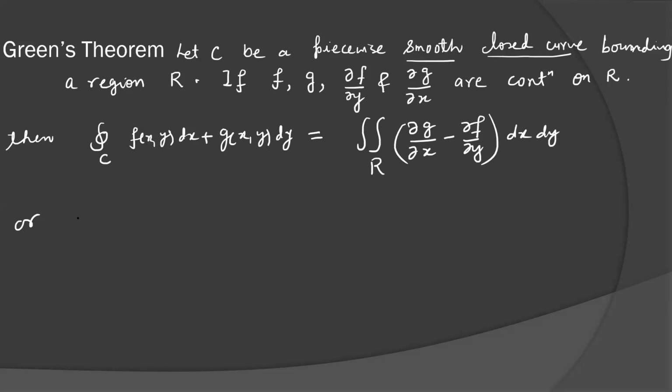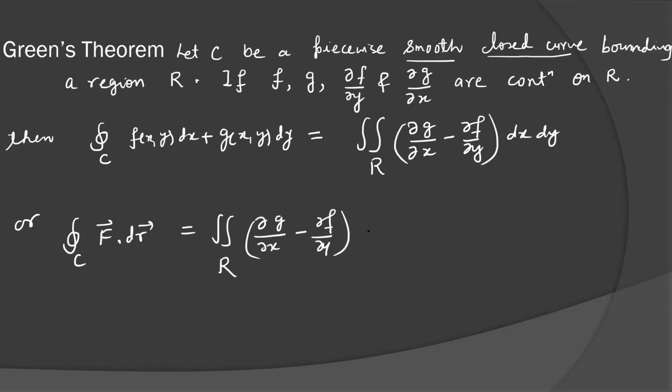Or you can write it like this: closed integral of F dot dr is equal to the double integration over region R of del g over del x minus del f over del y dx dy, where